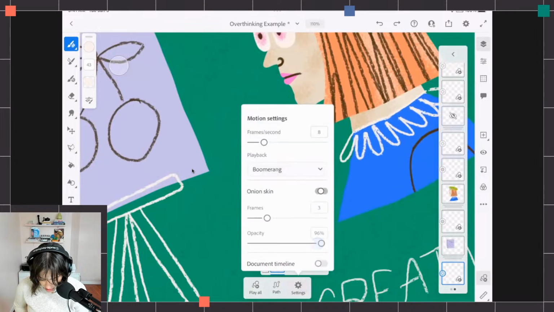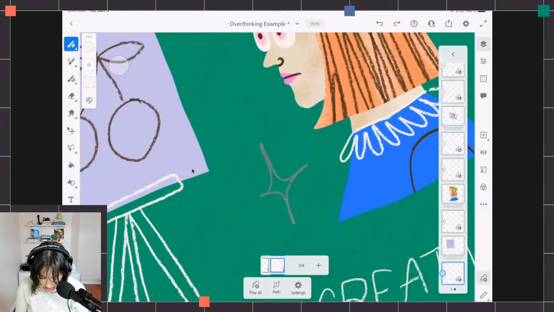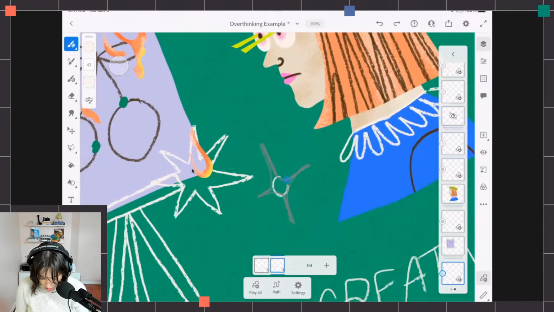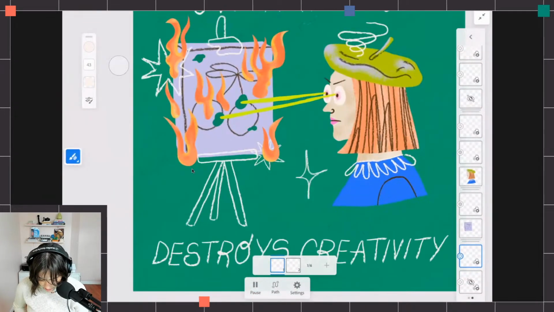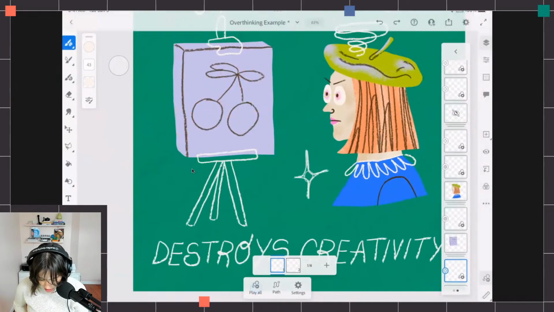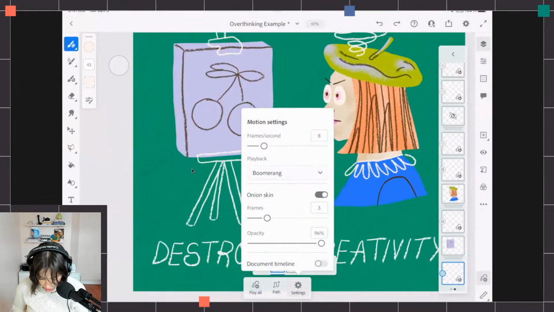Okay, onion settings. Okay, now I can see it. And now I want my stars to kind of burst. So there we have the ones with the line. And then I'm going to do one more with a little dot. So now if I play this, it kind of looks like that. That works. But I want to maybe